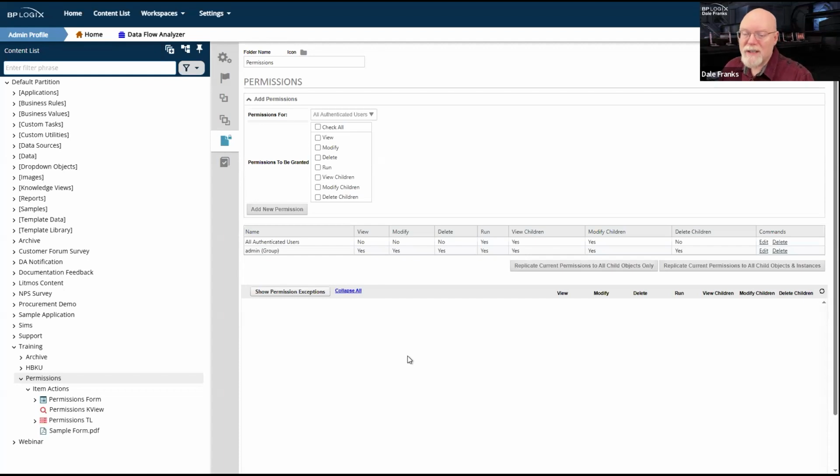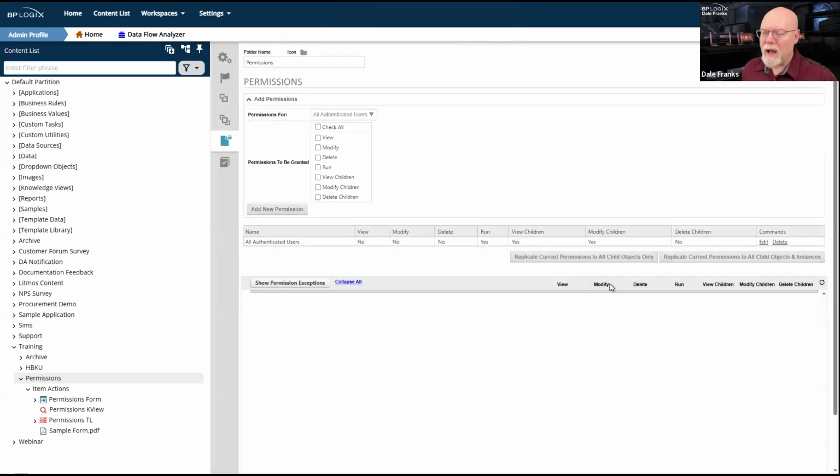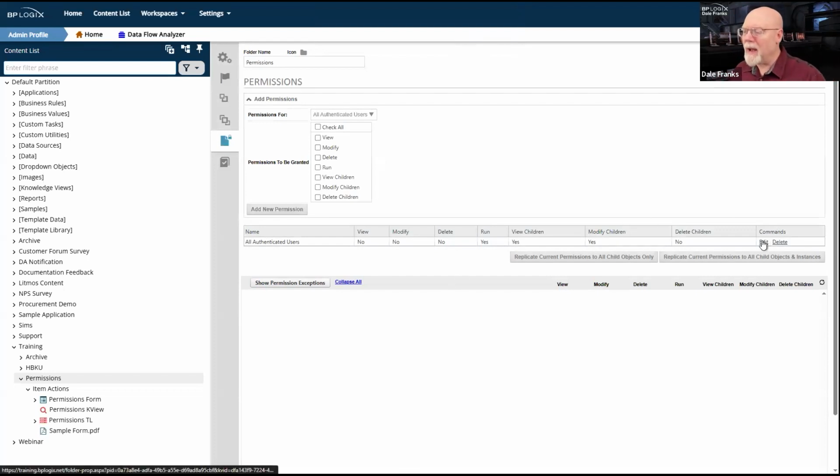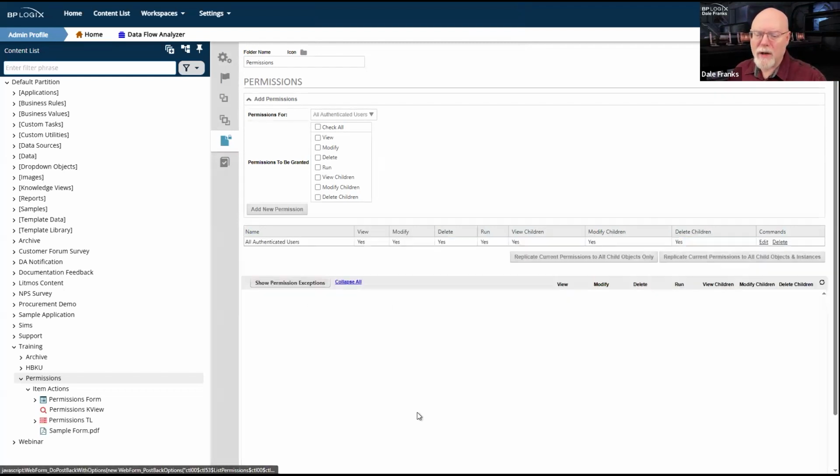So we are going to set a permission here that doesn't exist. I think I did that with the admin group. I'm going to go ahead and delete that permission. We'll go ahead and recreate it. So we are back. Well, in fact, let's put the whole thing back to status quo ante. So for a normal process director installation, this will be my default permission schema. And if this is a dev server or a staging server, I probably don't care much.